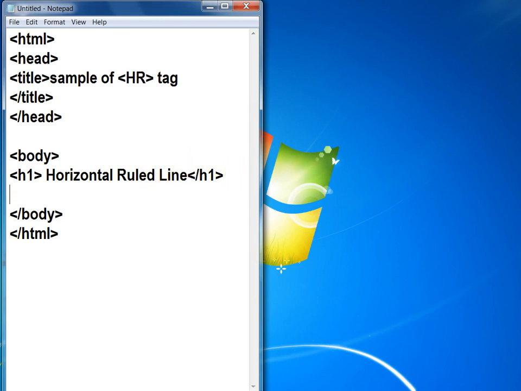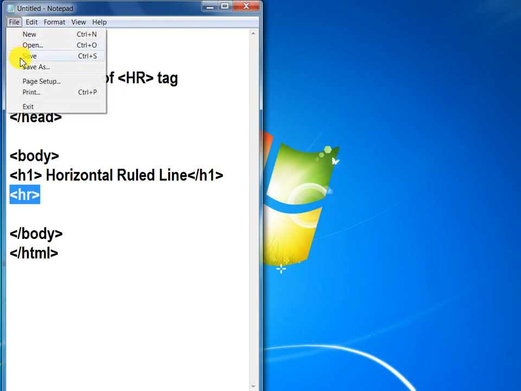Next, here we want to insert the HR tag. Apply the HR tag. The HR tag is a singular tag, that is, an empty tag. It doesn't require any closing tag. So when we enter only this single tag, it will display the horizontal rule line in your web page.